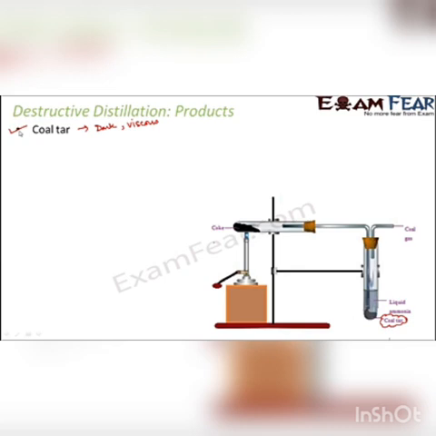Now when you observe a little more closely, you will see that there are some other vapors which form a colorless layer. As you can see here, this layer doesn't have any specific color. This colorless layer, which is present just above the coal tar, is called liquid ammonia, because it has been found that this layer contains a lot of dissolved ammonia. So this layer is the liquid ammonia. That's how we get liquid ammonia from coal.